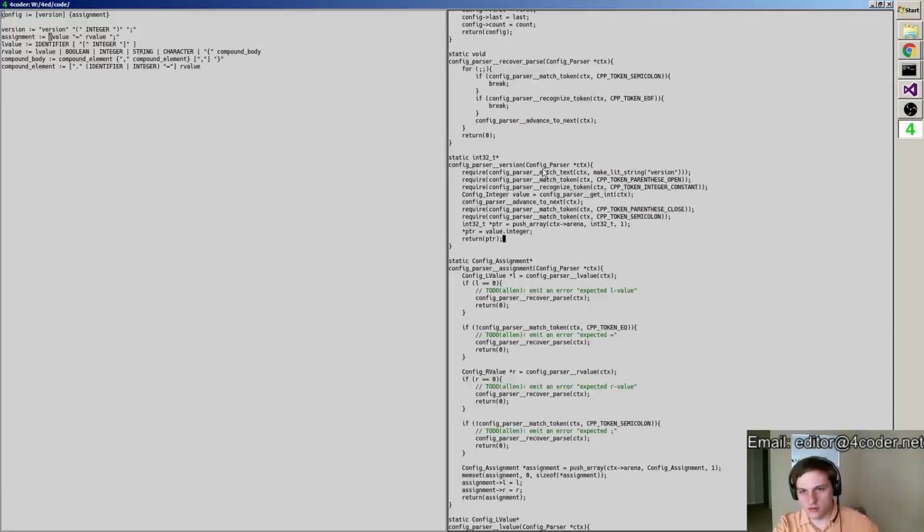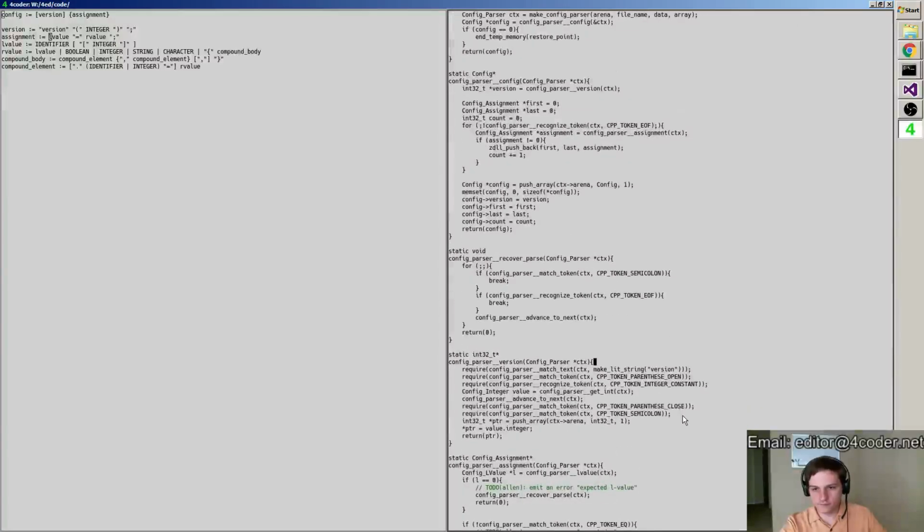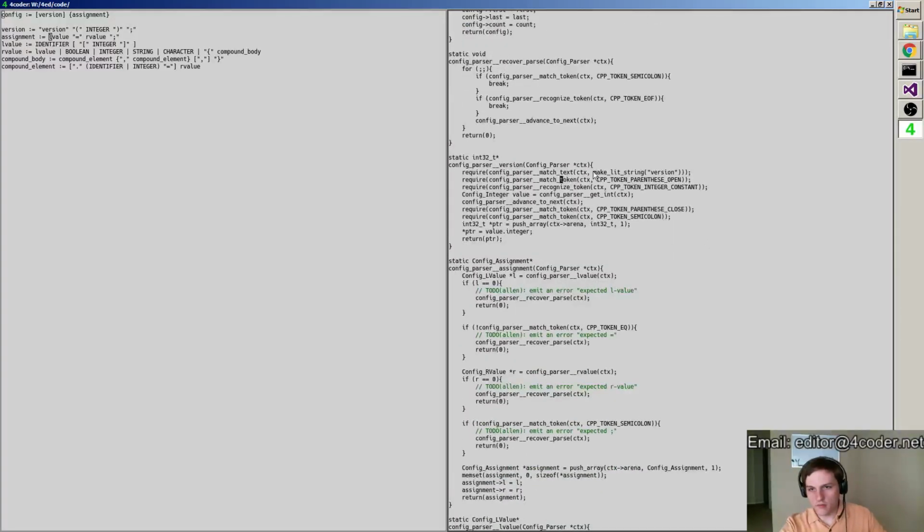I also want to get version a little bit better. So if we see that, if we match this token, okay, so we match that token, and we match.